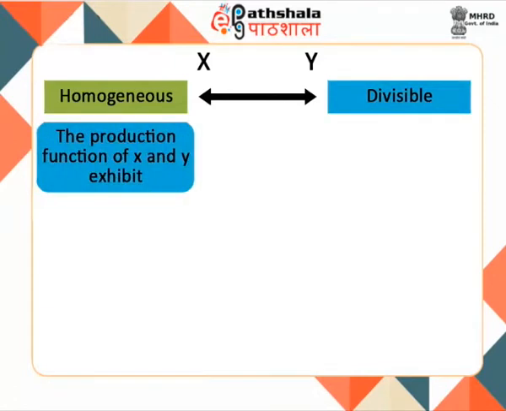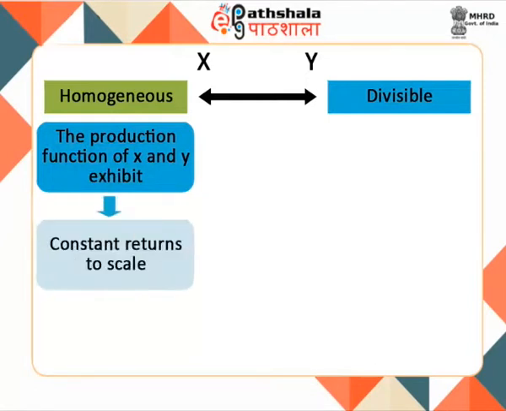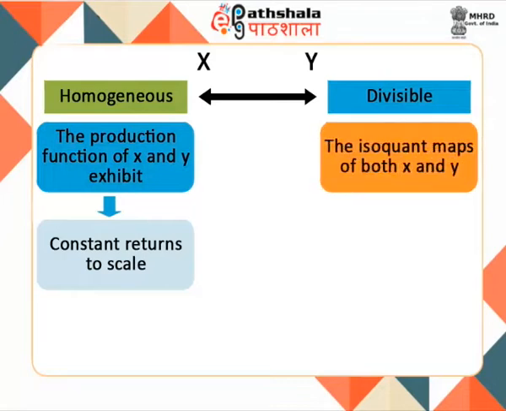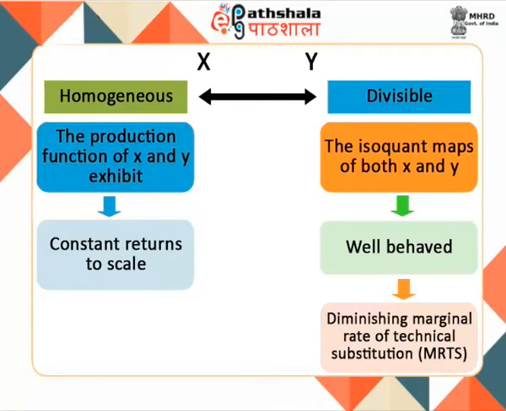The production function of X and Y exhibit constant returns to scale. Further, the isoquant maps of both X and Y are well behaved, that is, downward sloping and convex to origin, implying a diminishing marginal rate of technical substitution